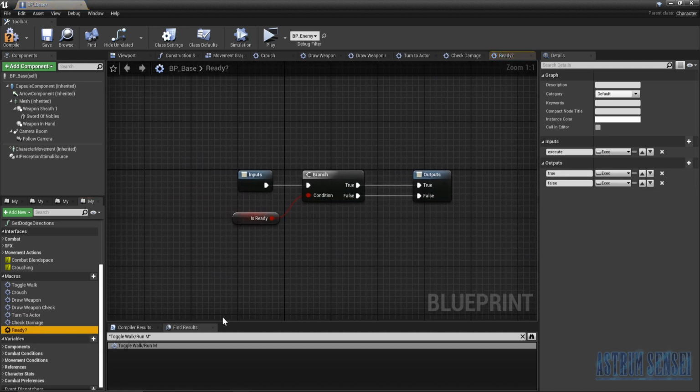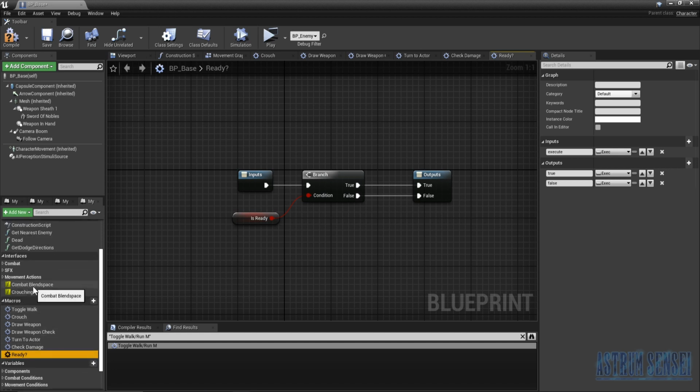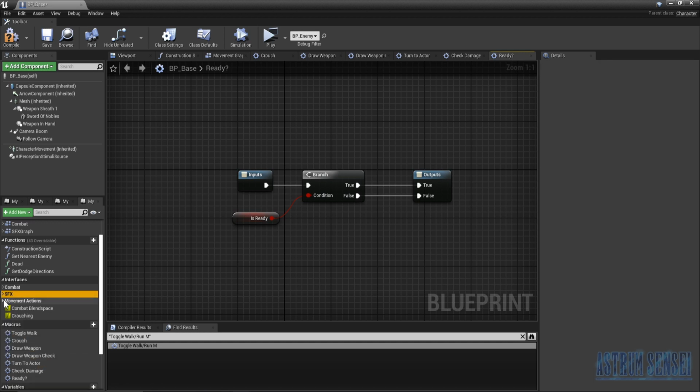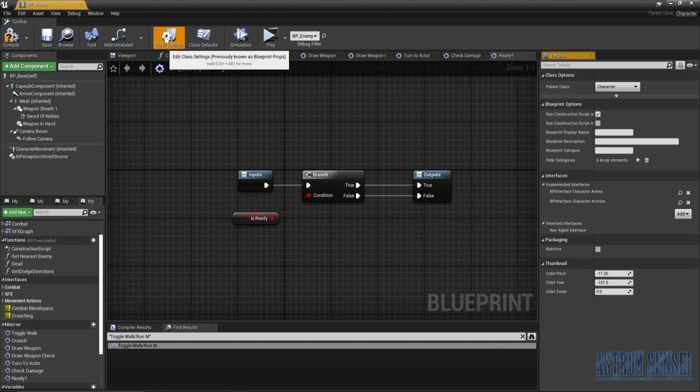Then we have the ready macro, which is like the best. It really works like a charm. So I think the name's fine. We're not gonna have to mess with it. Then we have the interfaces, which are the combat blind space, the crouching, and we also have a few categories here. We're gonna organize those in the interfaces themselves, but if we go to the class settings,